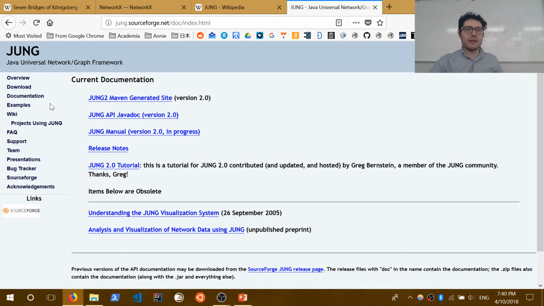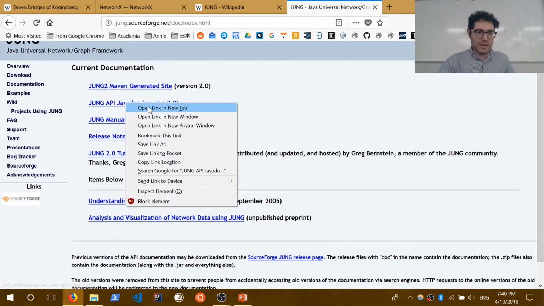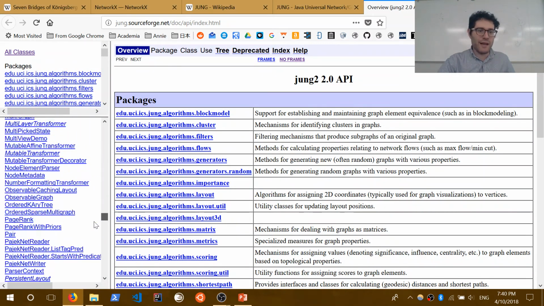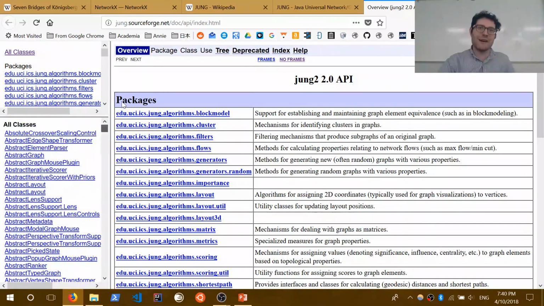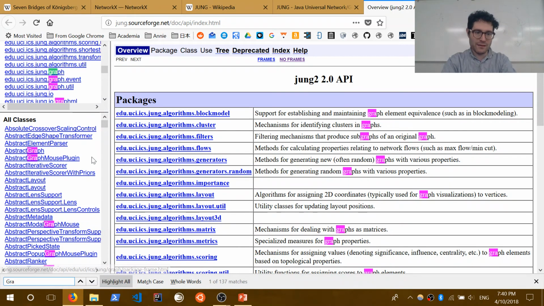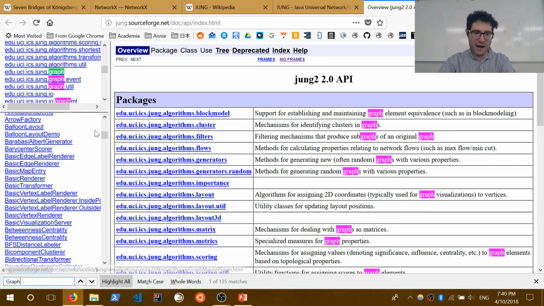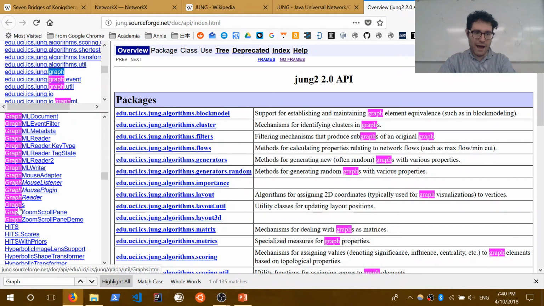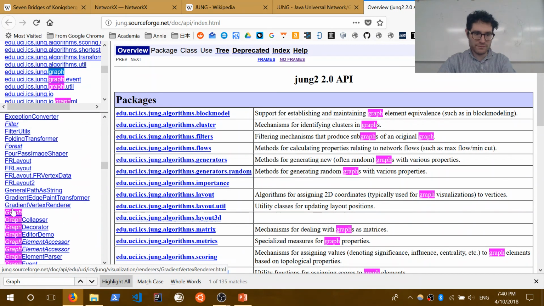Almost every library, if it comes with no documentation, is not worth using. So there are two big things over here that you're going to want. The first is the API, all the classes that this provides, more than you need to know about. The one you probably care about, though, is the graph interface. There's a bunch of graphs, so let's scroll down to the graph interface,